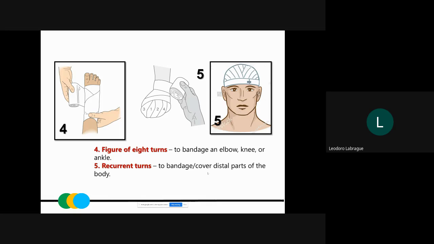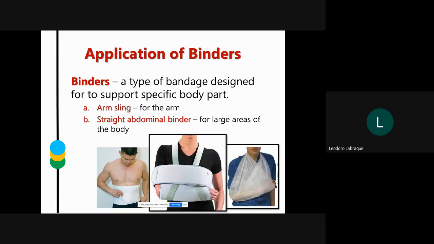And normally, to bandage this end of the stump, we normally use the recurrent turns. When you go to the lab, you will see a mannequin there without hands and without legs. Those end parts are called stump. And the most difficult type of bandaging technique for that is called recurrent bandage. Okay? Okay, 2 slides. I'll just complete this one, guys, so that we don't have any remaining topic.